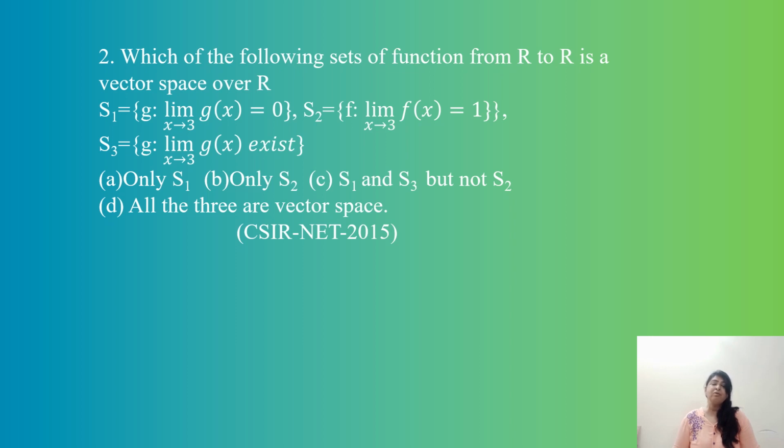The difference between vector space and subspace is, in subspace it is necessary that 0 should be there, but in vector space only two conditions should be satisfied: whether v1 plus v2 belongs to V, alpha into v1 belongs to V, or alpha v1 plus beta v2 belongs to V. So we can check any of the conditions. Now here we will check